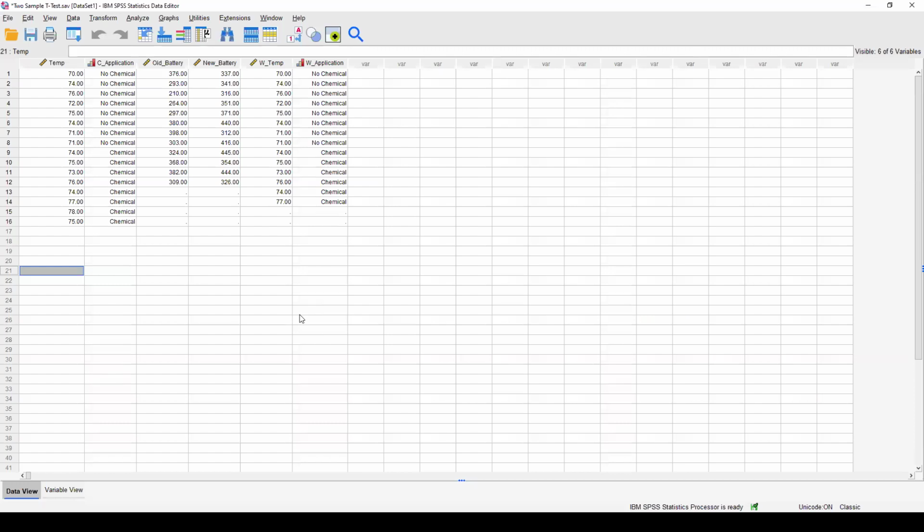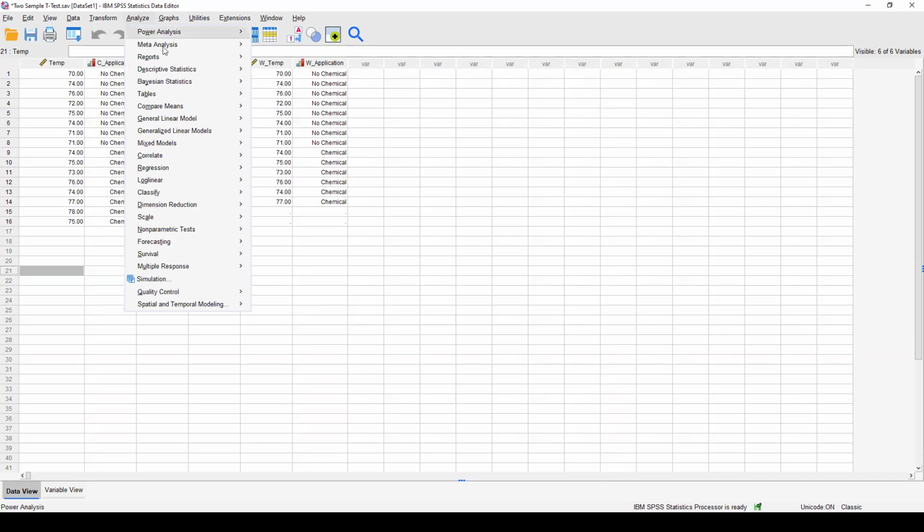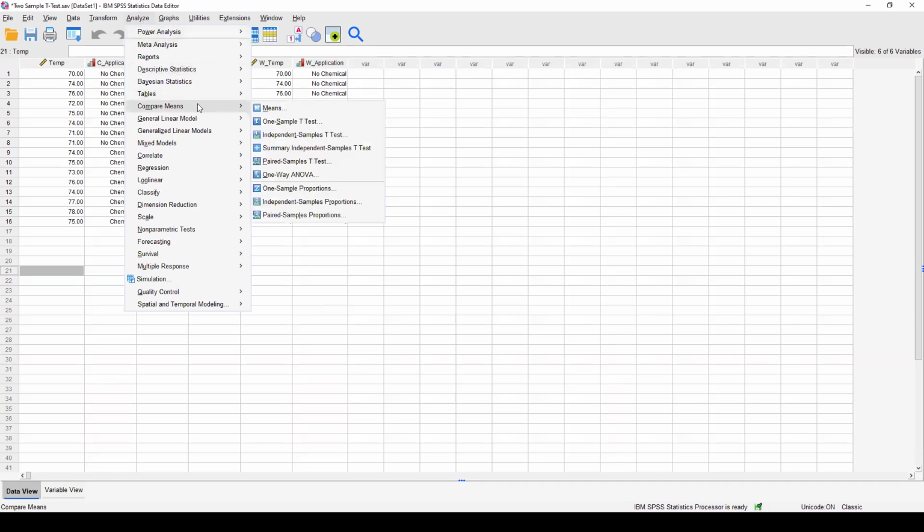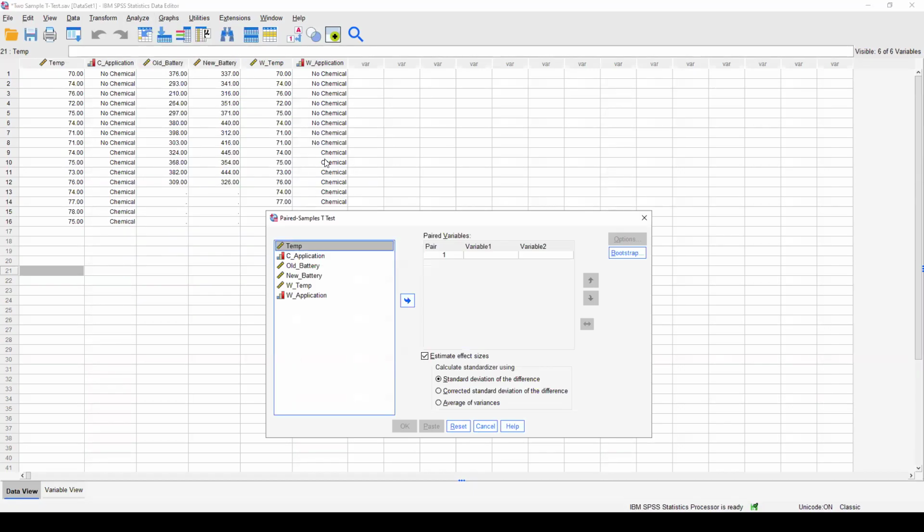Here we are. So we're going to go to Analyze, then again to Compare Means, and then Paired Samples t-test. All right, so we're going to be working with the variables old battery and new battery. We're going to put new battery as our var1, our variable 1, and the reason we're doing that is because this is our sample mean. Okay, and our old battery is going to be variable 2 because this is our hypothesized mean, or the mean